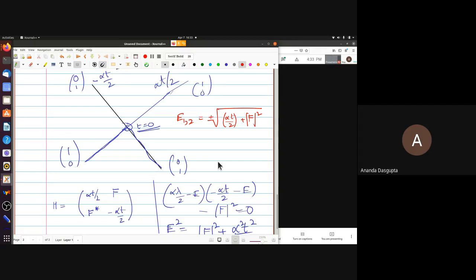Now the f has changed things somewhat, and now you can clearly see that as time goes by, if you look at these expressions, the square root of (alpha t by 2) whole square plus mod f square, and this one, minus the square root of (alpha t by 2) mod square plus mod f square, you get these curves as